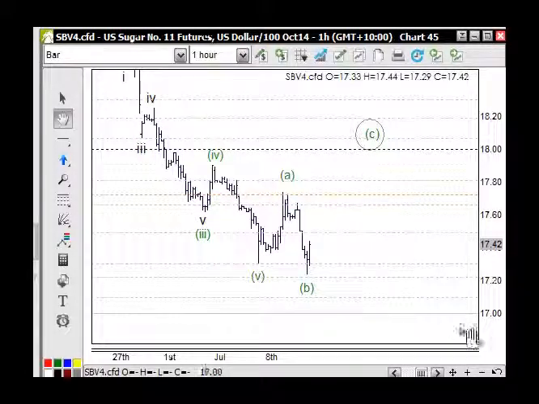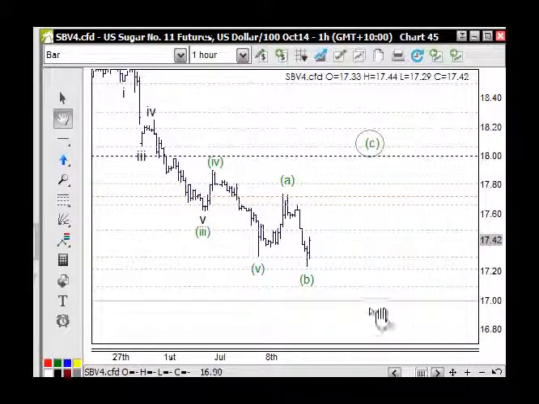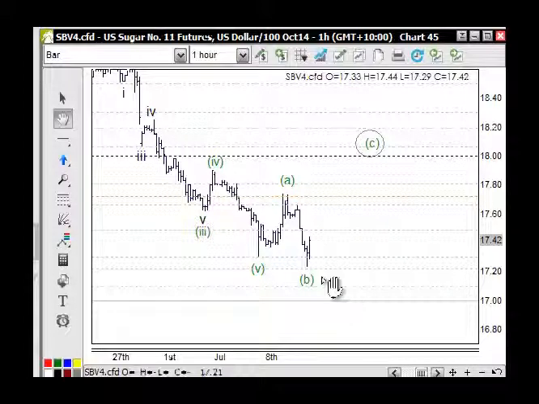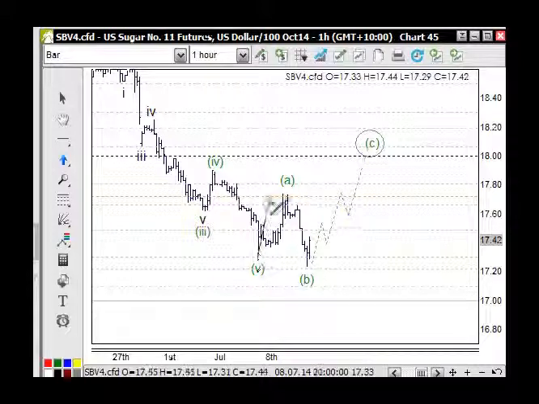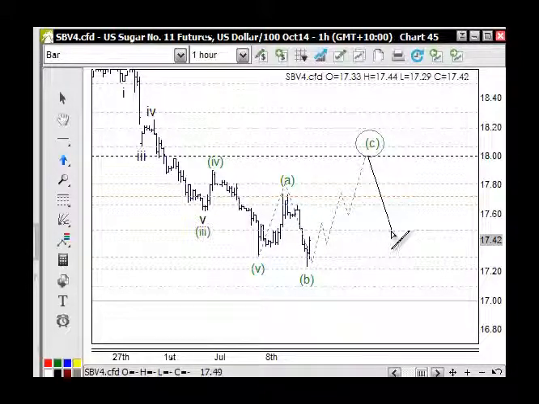We don't have any skin in the game at this point here, and this is the 61.8 retracement area down here. So we're looking for a bounce here or some type of corrective pattern here. And if this is part of the corrective pattern here, then wave C here will have 5 waves in it, looking to move back up into this area here. So the A, the B, and the C wave here, and then we could look to short from here,